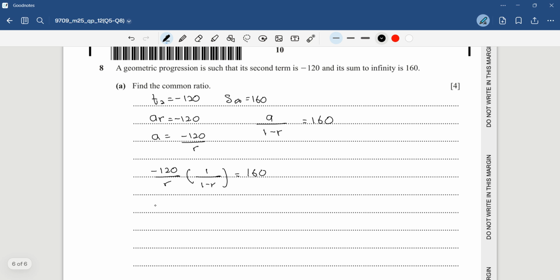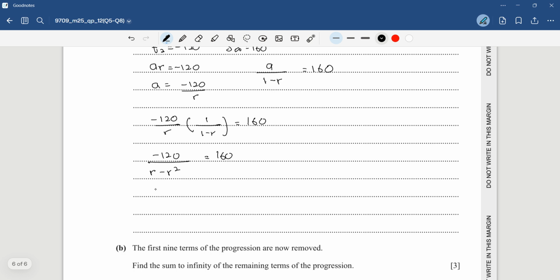So negative 120 over r minus r square equal to 160. So negative 120 equal to 160r minus 160r square. So you rearrange and divide everything with